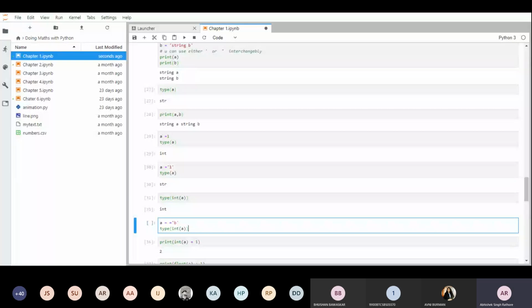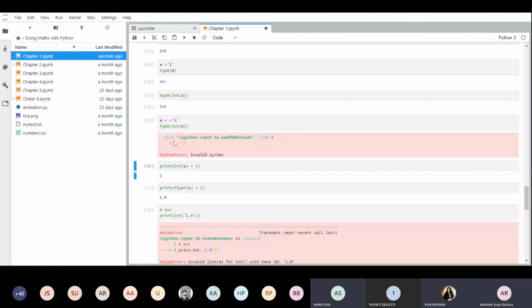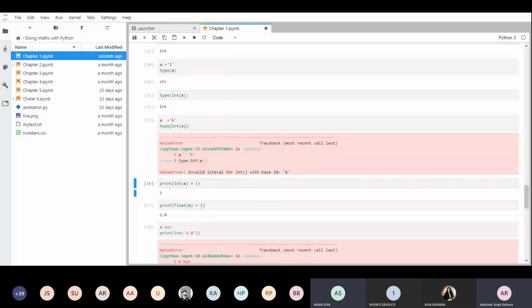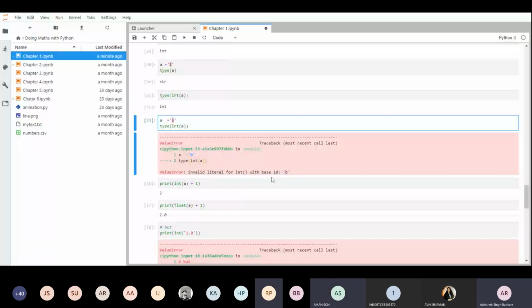Integer, sir. It is an error. Why? Because we cannot convert this b into an integer. This one can be converted into an integer, but we cannot convert b. So this is an error: invalid literal for integer, fine.